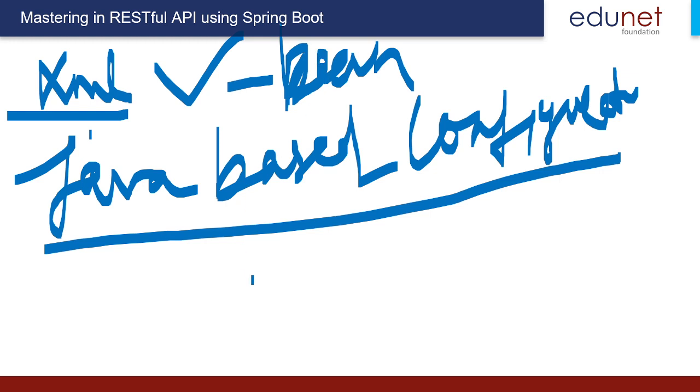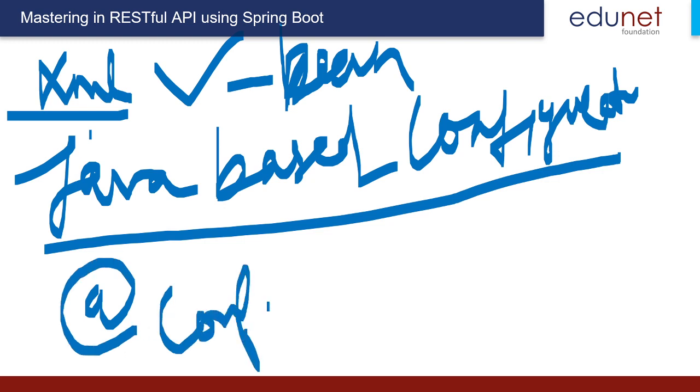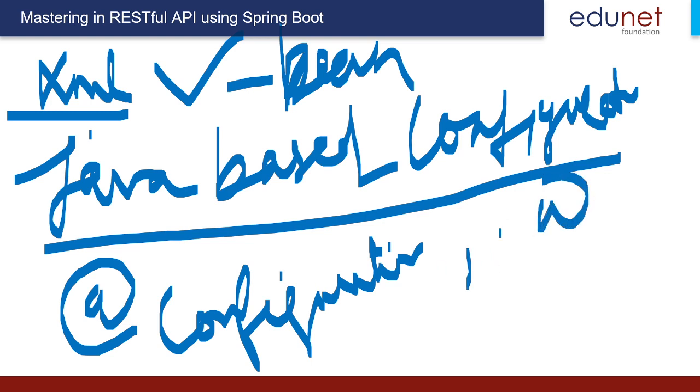Here if it is going to be a Java based configuration, we are using annotation. Annotations use பண்ணணும். So example at configuration. For configuration purpose we will use at configuration. Next at component scan. Component scan means